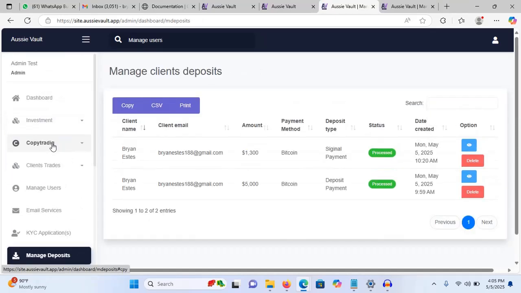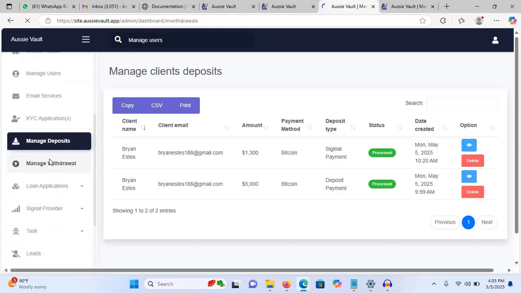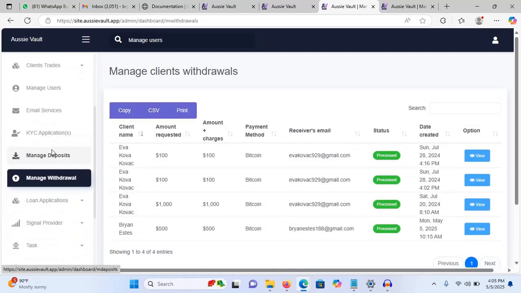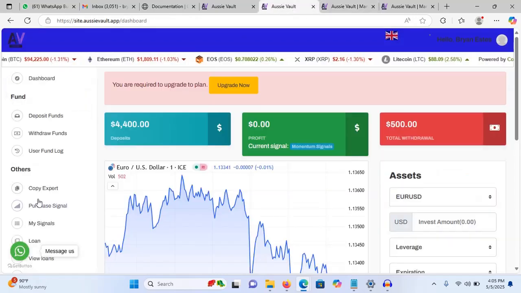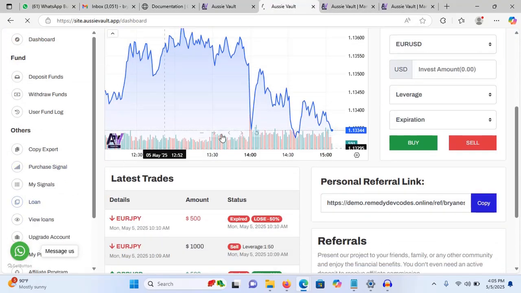So let me just go to the next one, manage deposit. I've covered this too. I've covered manage withdrawal as well. That was when they wanted to withdraw. This way you approve withdrawal, this way you approve deposit or you reject it. So loan, when any user comes here to